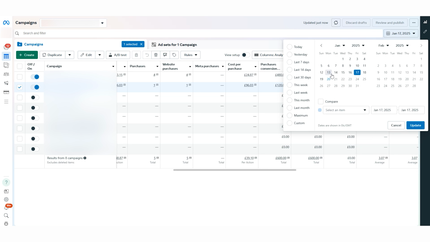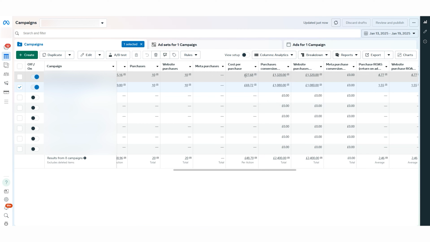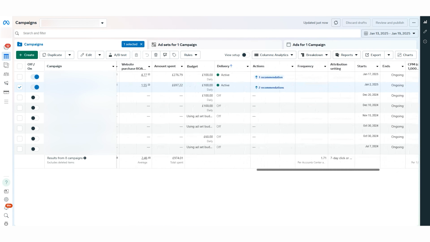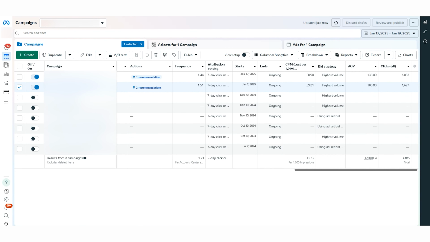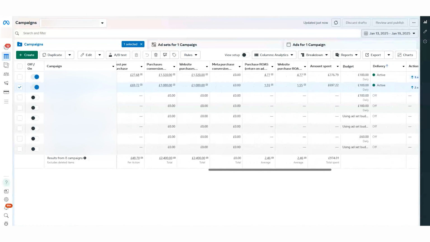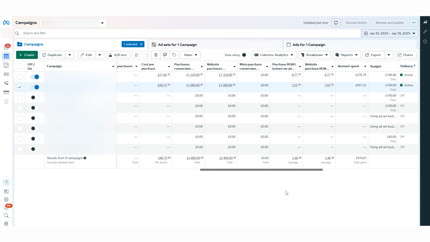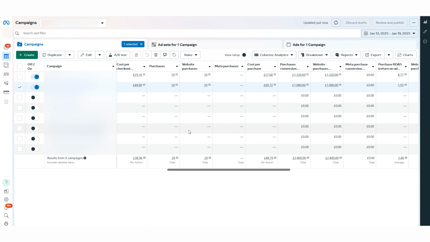Let's start from 1, 2, 3, 4, 5, 6, 7. So let's start 13 to 20. Eventually we're having 10 sales here, which is what we were getting before, but we're also having 10 sales over here with 27 because the creatives are better. They did better. The CPM is 8.9, so the CPM is kind of the same, but we do get better results. Why? Because the creatives are better. It's that simple. And over here, because the creatives are different with a different angle and better, we do have double the amount of sales.